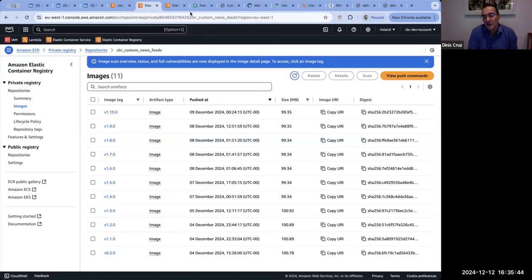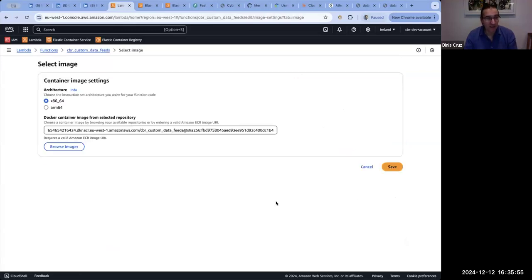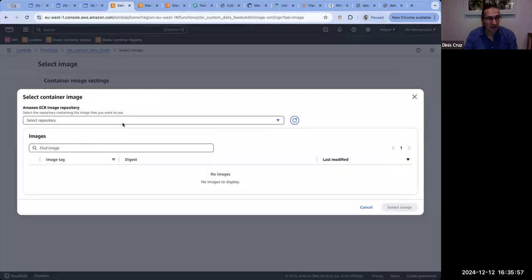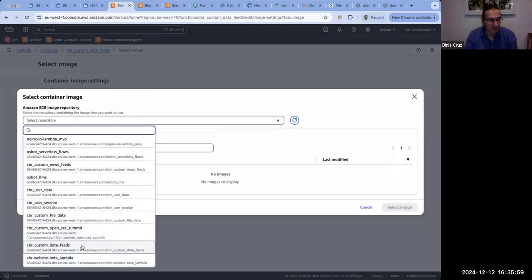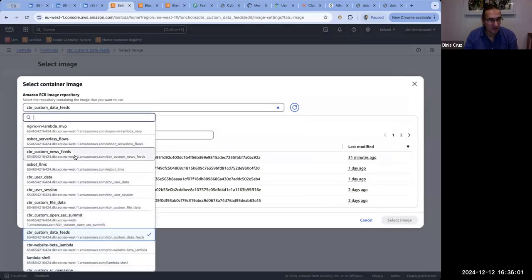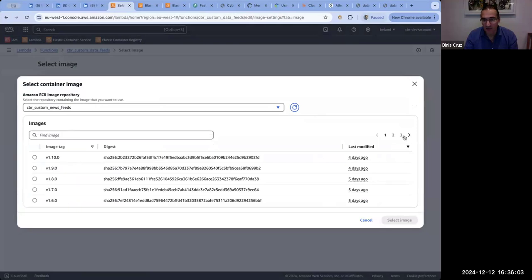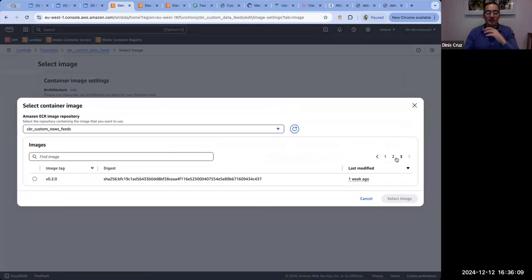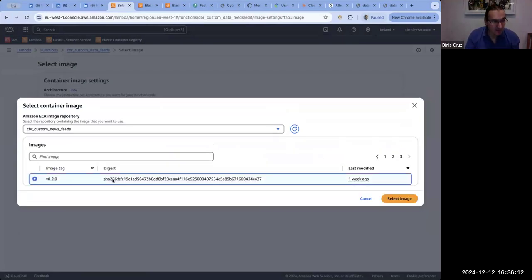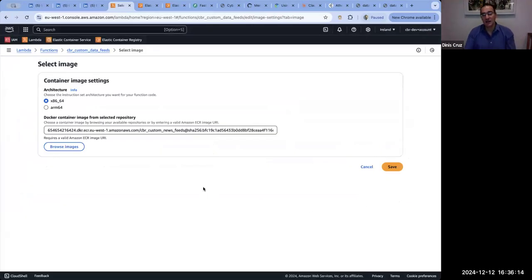And what that means is it's everything I would argue you need to have in place before you write one line of business logic functionality, right? So what you see here is that I can deploy the new image. I can come in here, I can pick my, actually I need the news feeds, right? I can go back, right? So there it is. You can actually see all the repos, all the images being pushed, right? So if I pick this one here and I select the image,